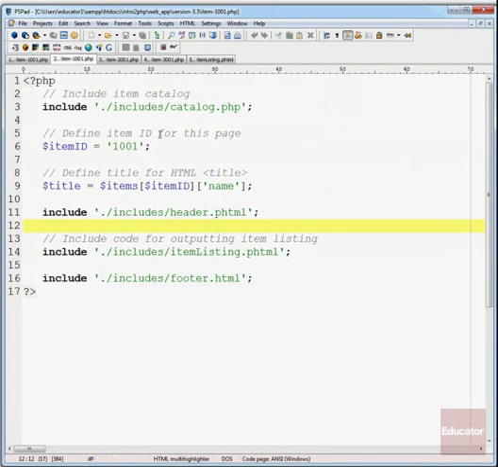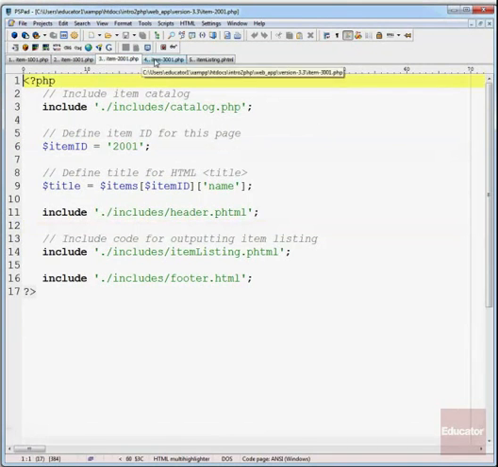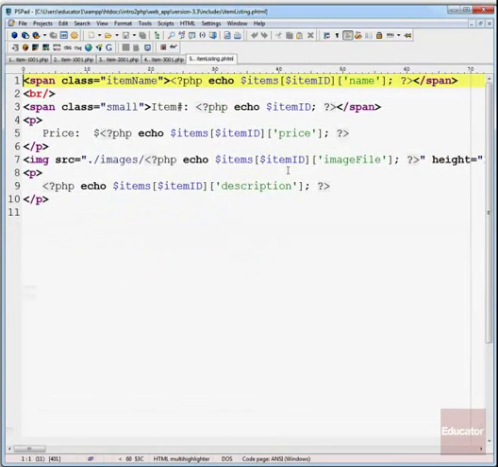so that the variable is available. So now if we look at the 3 pages we have for our 3 products, items 1001, 2001, 3001, they're exactly the same except for the item number listed. So again, what that's done is consolidate our code into one spot. So if we want to change something, for example,